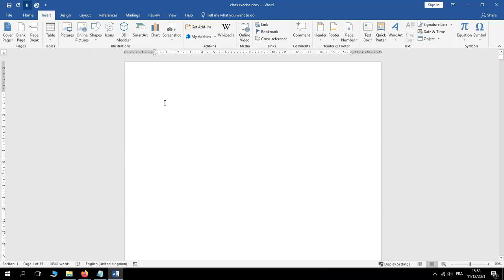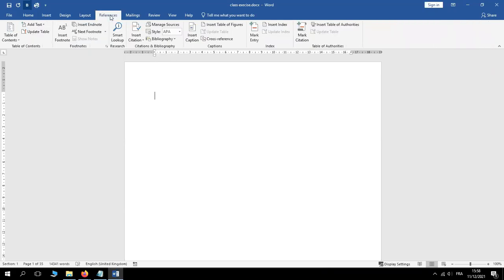So I want my table of contents to be here. What I will do is to go to the references tab once again. References tab. Remember, previously we went to this section and said add text. This time around, we are going to say table of contents. The first option is the one we are going to select. After selecting the first option,